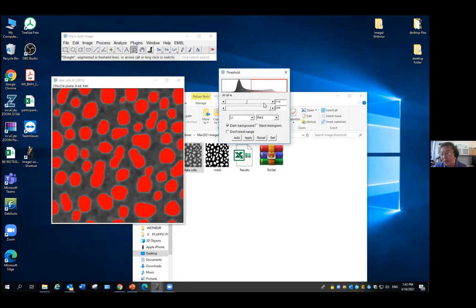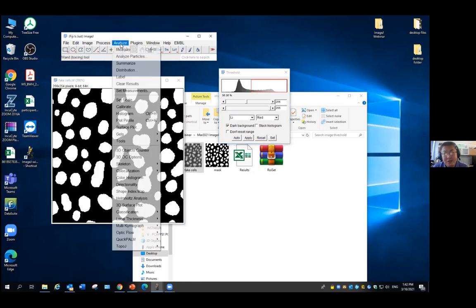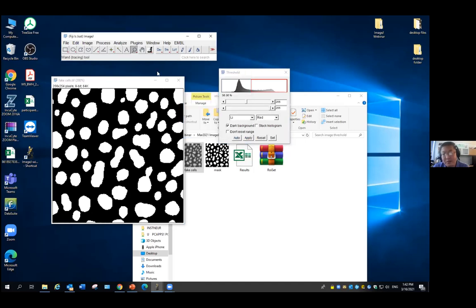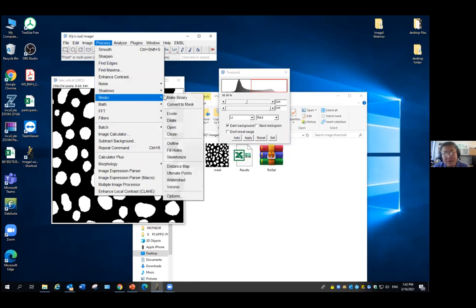What is the best for you? But once the protocol is set, you're going to analyze the images. Everything is fixed now. All the images come in, I always go to Lee. Doesn't matter what number it gives me, I go to Lee, I click apply, and then I go to analyze particles. I always choose 100 to infinity, exclude the edge, or maybe I will first do a